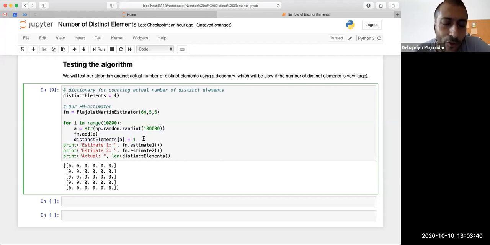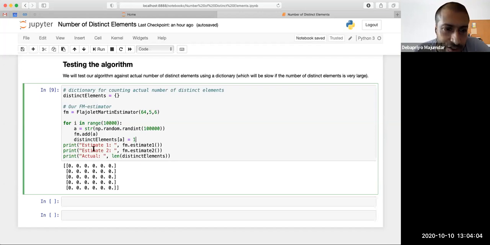That is the whole idea of when you should use this algorithm. When you can do this with a dictionary in reasonable time, you should not use a Flajolet-Martin estimator. When your number of distinct elements is likely to be millions or billions, and your data is coming very fast, then you should use this kind of an estimator. But here we are just testing.